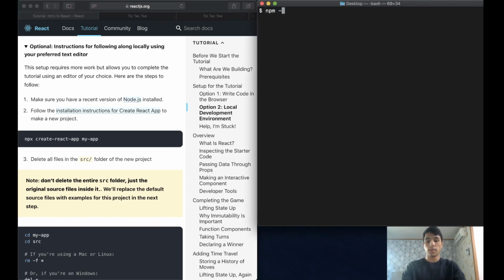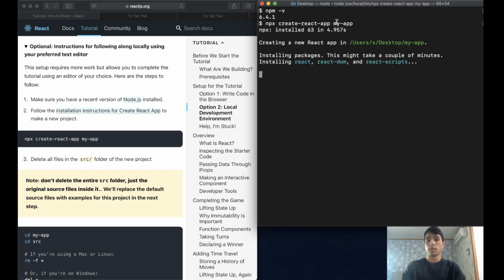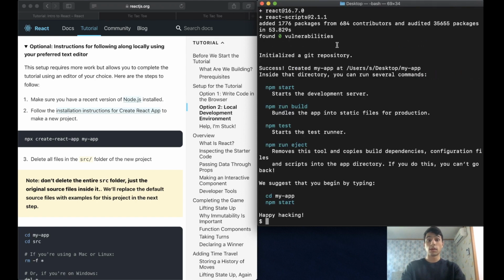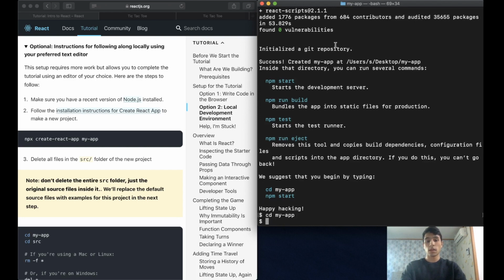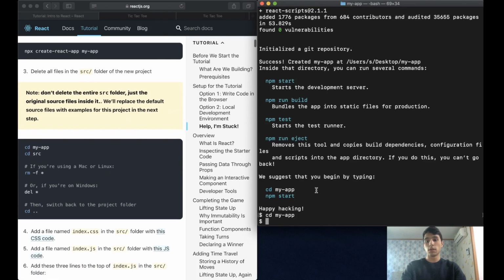I already have npm and node installed. So I can just run npx create-react-app my-app. And that will take about a minute to create the basic structure for the React. So from there, we would be able to develop our React components more easily. All right, it's done. So now we can navigate to our app and change the initial code that was provided